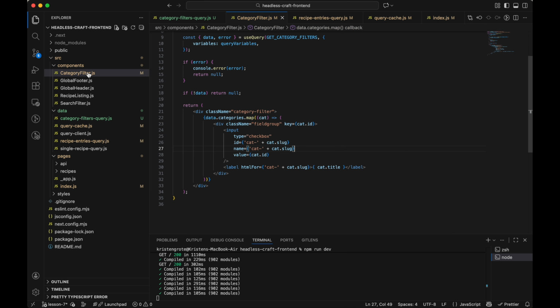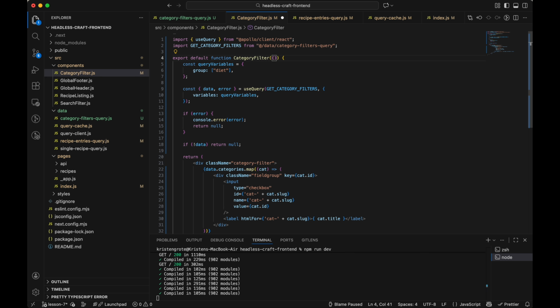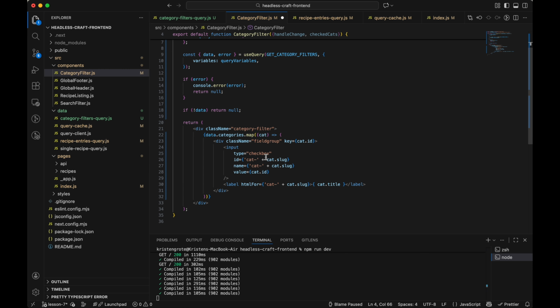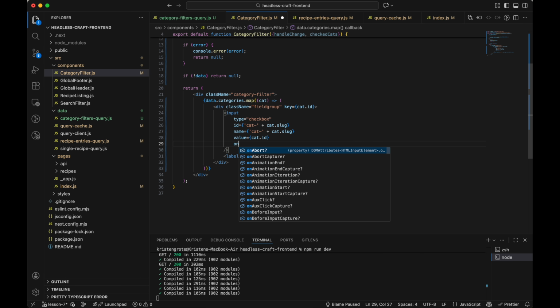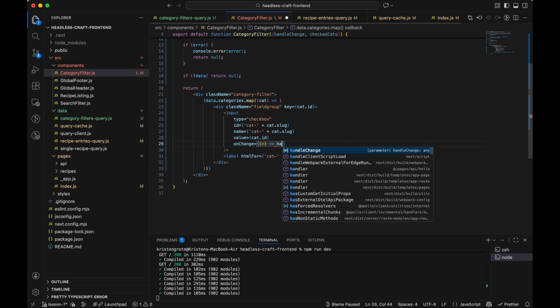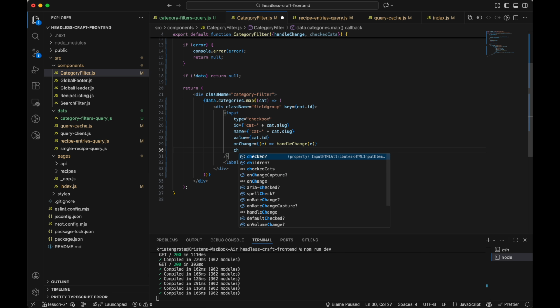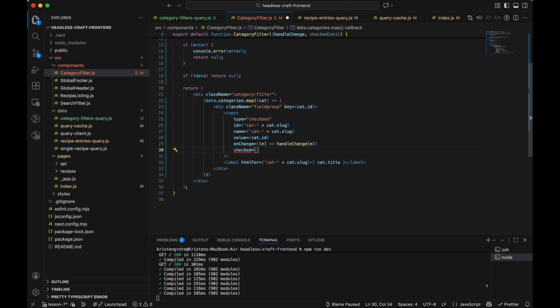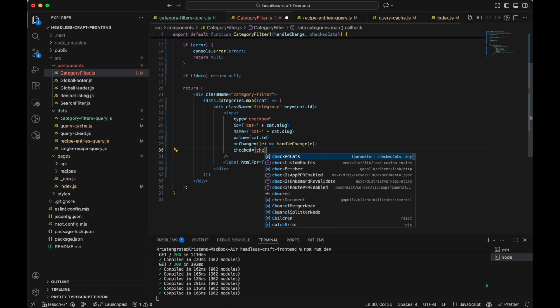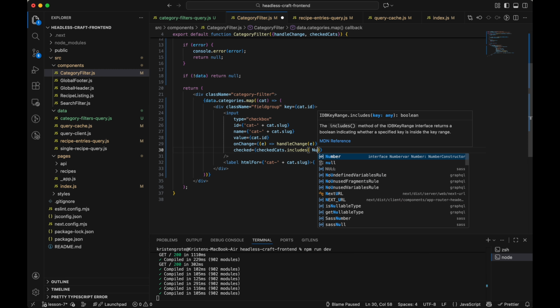So now let's go into our category filter component and pass that handler in. So we'll add our props, handle change, and checked cats, and then we will add our onChange and pass it our event. And then we need to assign a checked value for the input itself. And the way that we do that is we check if the value of this input is in the checked cats array. So we'll go checked cats includes, and again, we need to cast it explicitly as a number,